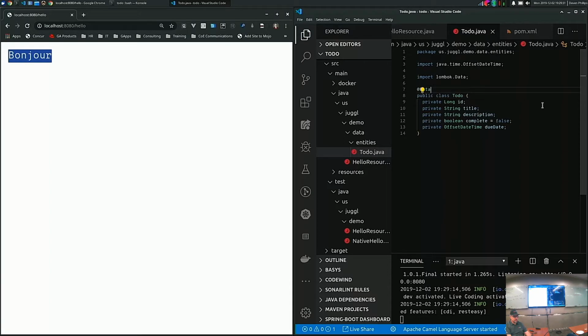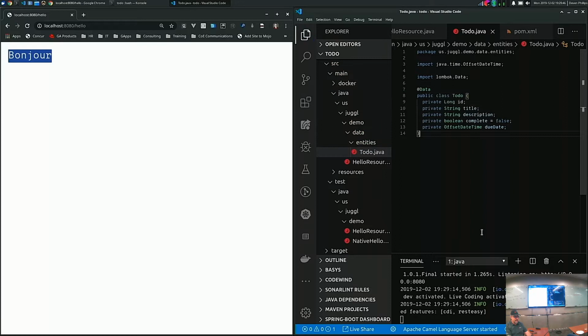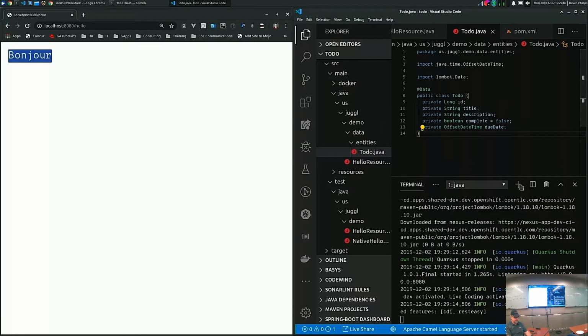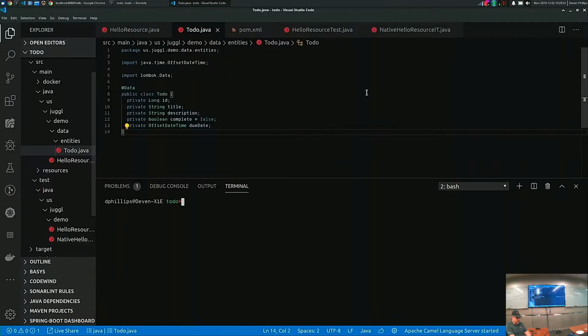That was easy. Now I also need to tell my application that this is a data entity that I'm going to save in my database. So to do that, I add @Entity. Uh-oh, Entity's not in my path. I need to add the data capability. So Quarkus actually makes this a little bit easy for us. If you're inside of your project and you run ./mvnw quarkus:list-extensions,